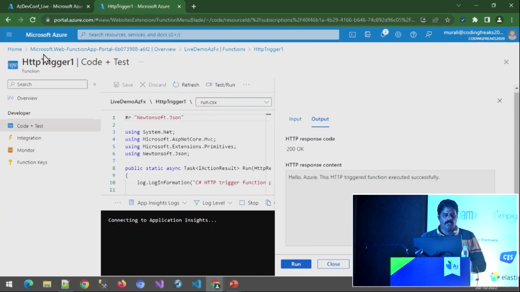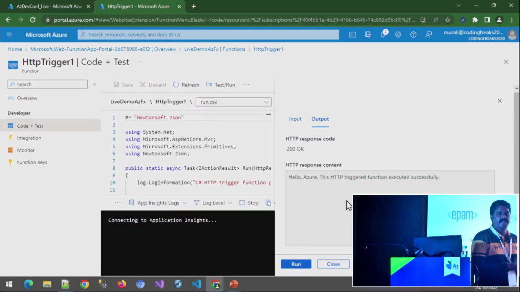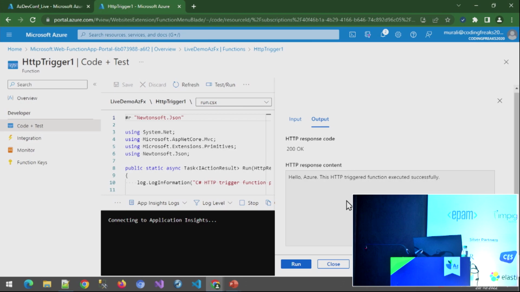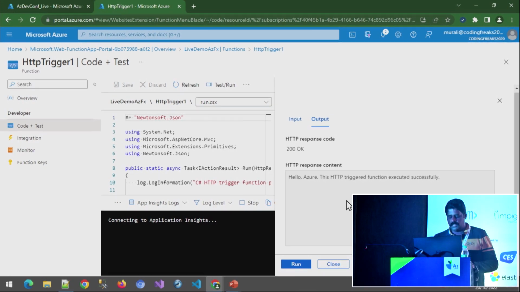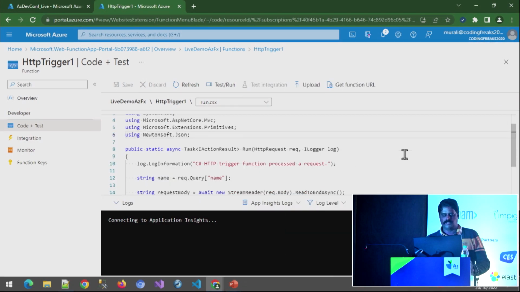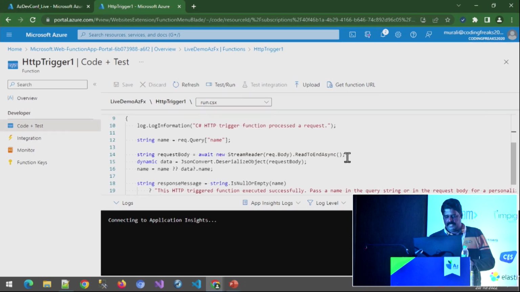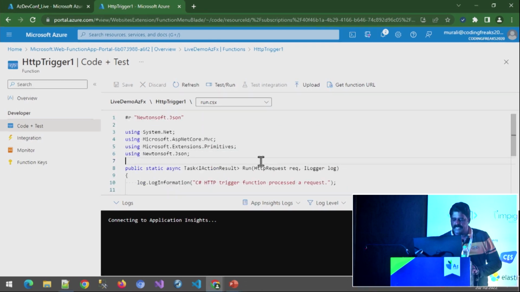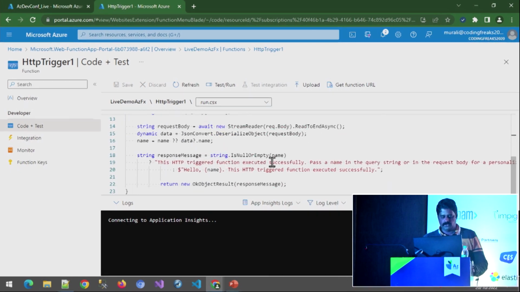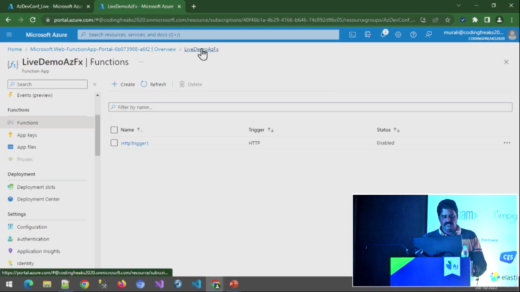So I just created an Azure Function in the portal itself, and right now it is an anonymous application, and no authentication is provided. Here you can see in the header that it is completely anonymous, so there is no authorization. So what I will do is go to the Azure Function,